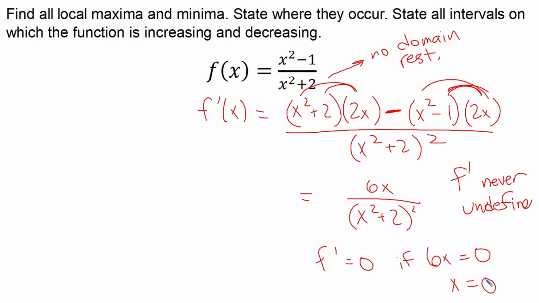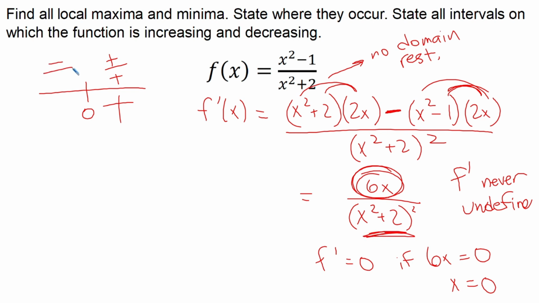That makes life pretty easy for this one. We'll just go in and make a sign chart with 0 on it. If we plug a positive number into our derivative, we get a positive number from 6x, and this denominator, which is always positive. So positive over positive is positive. If we plug a negative number into our derivative, we get a negative from the 6x, but still a positive from the denominator, which gives us a negative,